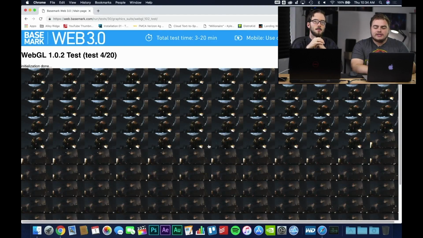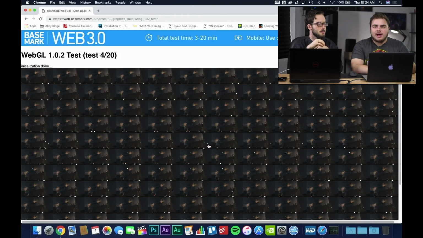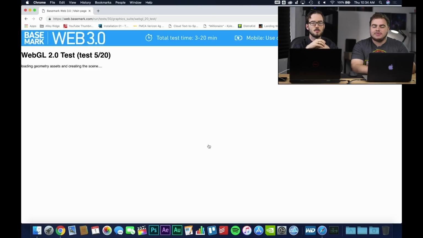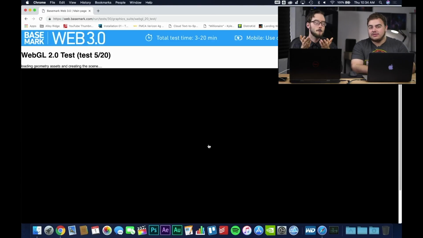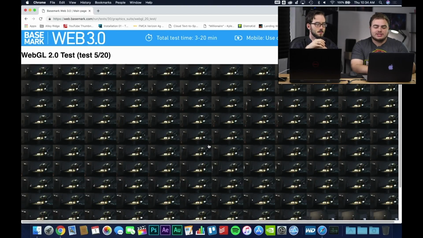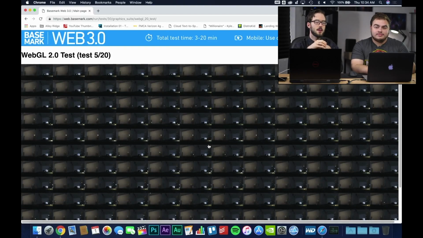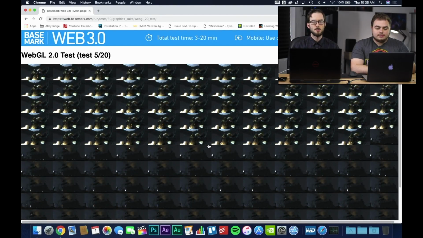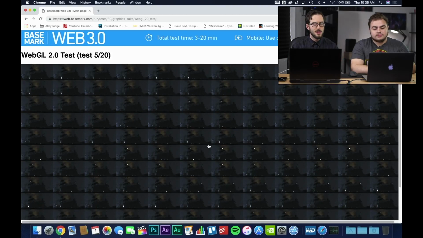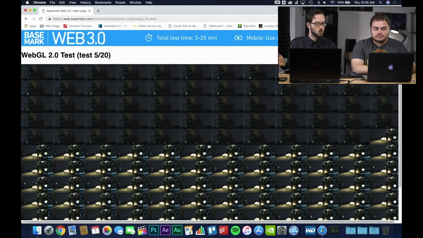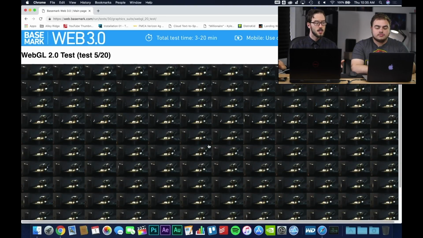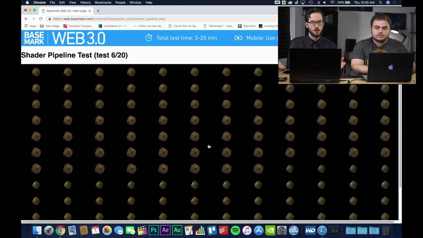Now, the real goal behind this test is just to see how the other operating systems do with the same web browser. There is something to be said that Chrome might not be as supported on one platform as the other, so we'll see as well. But the real goal here is to see if there are any major operating system differences using the same software. Even looking at Mac OS, Mac OS is fully optimized between hardware and software, and that's something you might not be able to say about other hardware and software combinations. So we'll see how Google Chrome is going to do on every different OS.